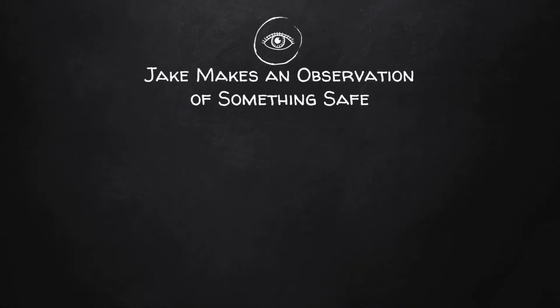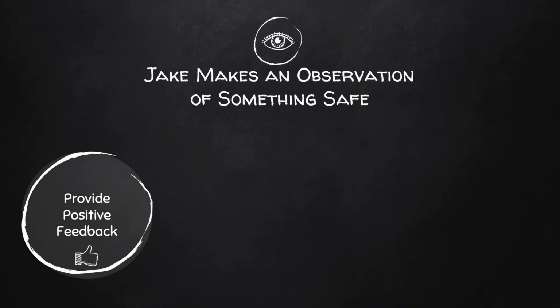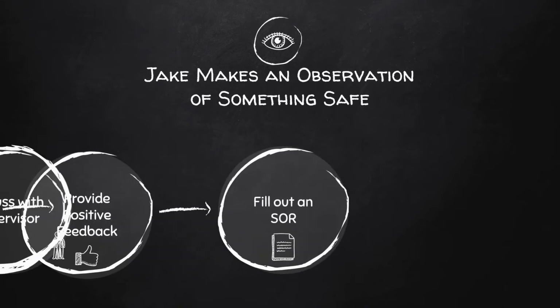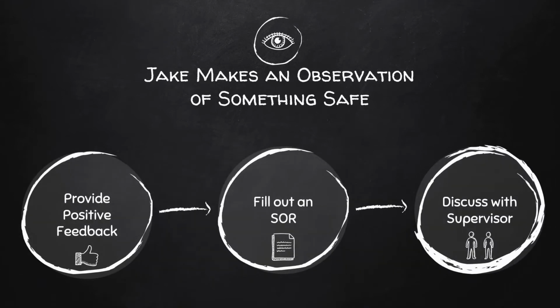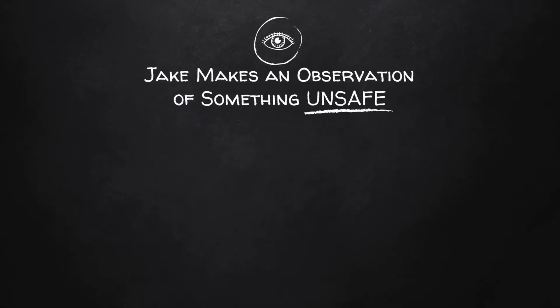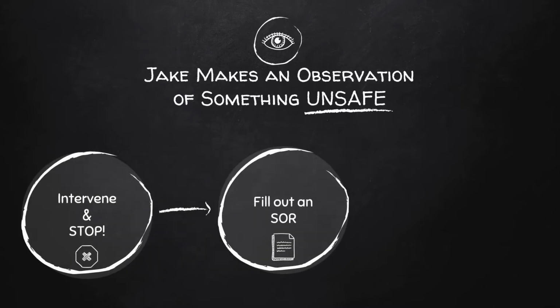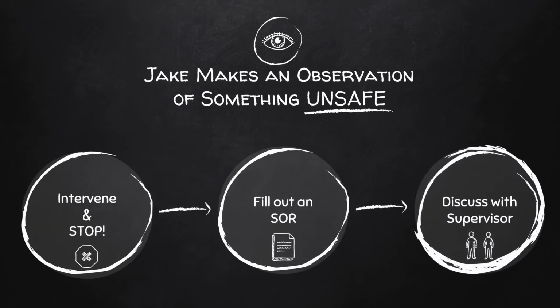If Jake makes an observation of an activity and notices that it's safe, he'll provide some positive feedback, then he'll fill out an SOR. He should also have a conversation with the appropriate supervisor to share his findings. Let's say Jake notices an activity that is unsafe. He should immediately intervene and stop the activity. This is really important. When the time is appropriate, he'll then fill out an SOR and discuss his observations with